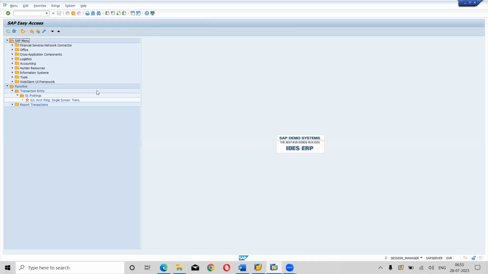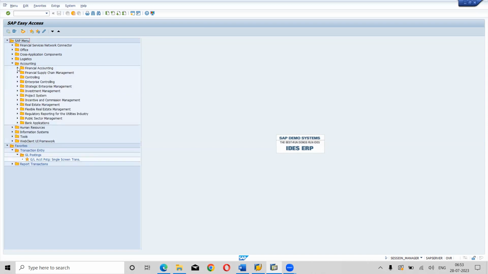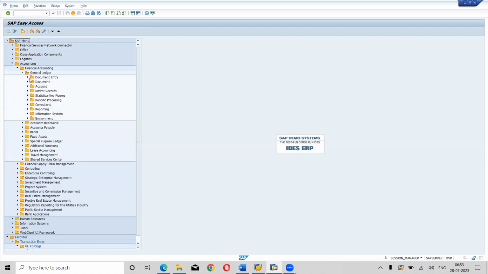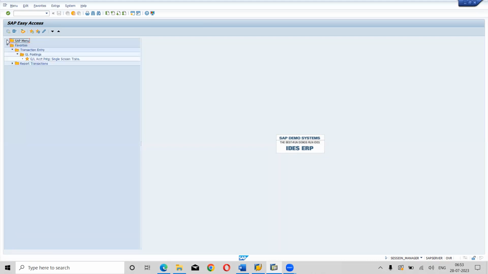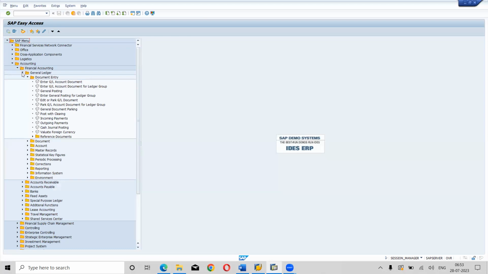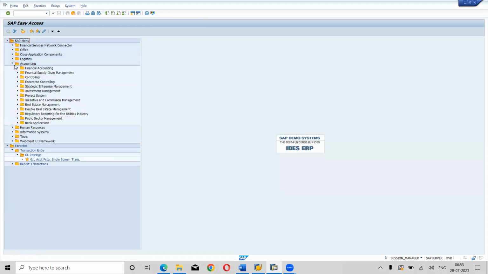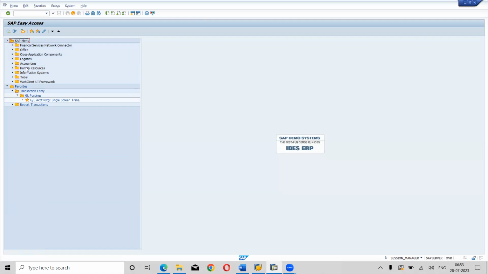So I'll explain right now. First step, I'll show you. See here, I'm not able to see the technical names of transactions. First, hide SAP menu. Write down: hide SAP menu. This particular menu I want to hide. So to hide the SAP menu,